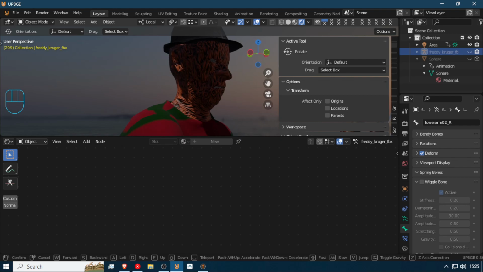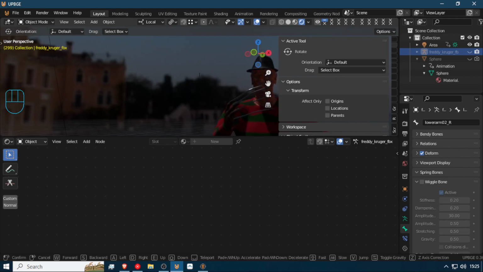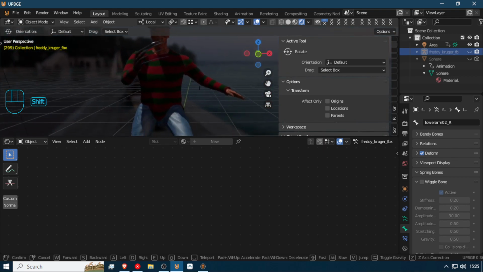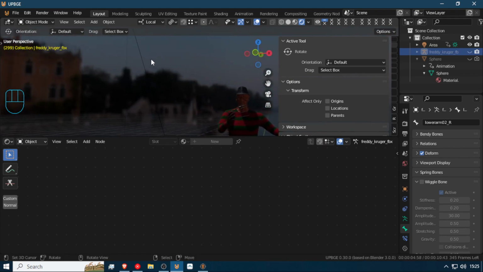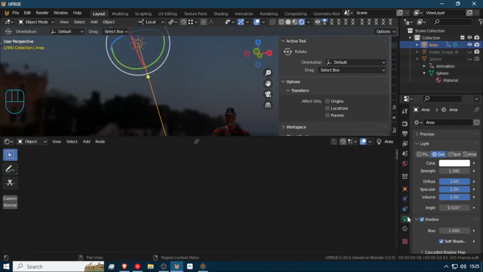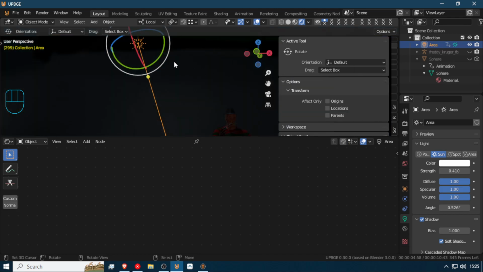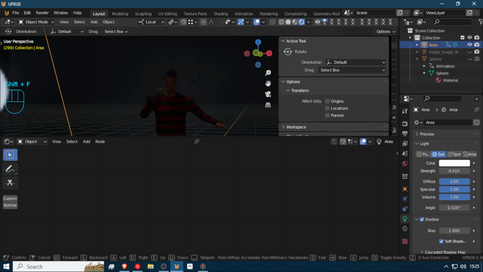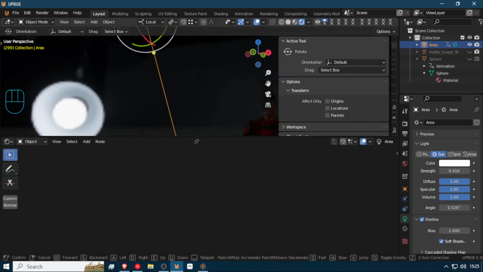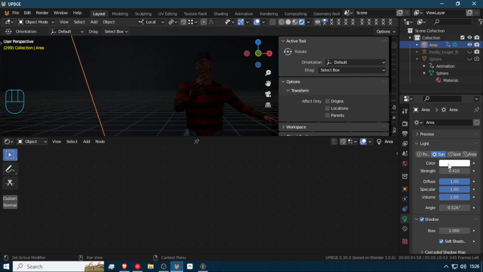Yeah, so this was Freddy Krueger, guys. Obviously, this is way too bright, so he's going to be in a dark environment because he's, like I said, a night demon. So what you can do with the light is just bring the strength down a bit, and also maybe something like this. Obviously this is not right, but you don't need to worry about that. And then for the color,